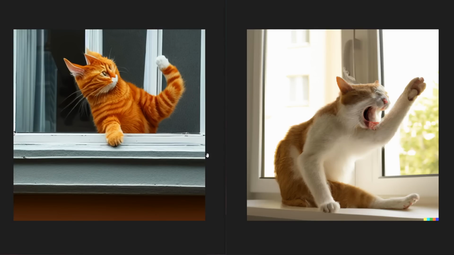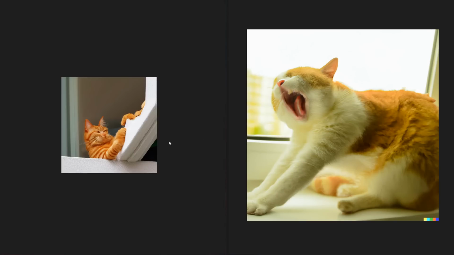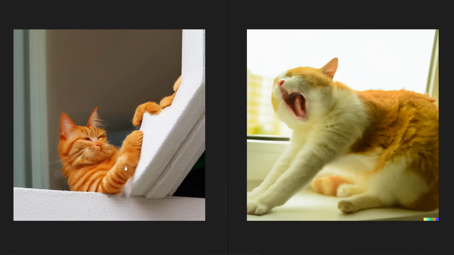So for our next image pair here, we can see with Stable Diffusion, this cat's arm is definitely broken. Maybe this is trying to signify that he's stretching of some sort, but again, we just get the yawning and the stretching a little bit better with Dall-E 2 in this case. It just gets it a little bit better, although the face is a little bit mishmashed. I mean, we see a mishmashed face in both of these generations, but again, I think Dall-E 2 just does a little bit of a better job with this one in general. Moving on to the third image here, we definitely see this ginger cat stretching a little bit more with Stable Diffusion, which is a little bit more impressive, but again, we also see that with Dall-E 2.